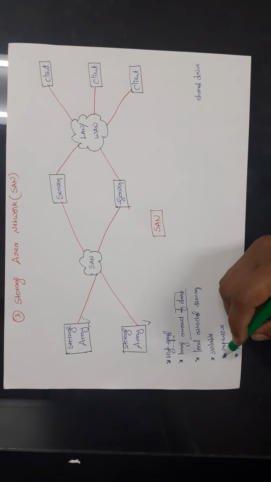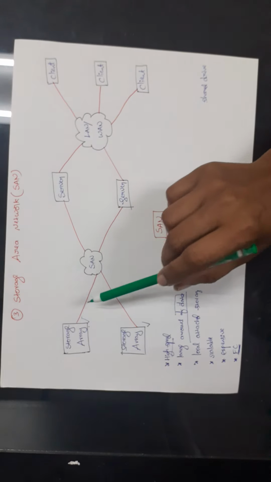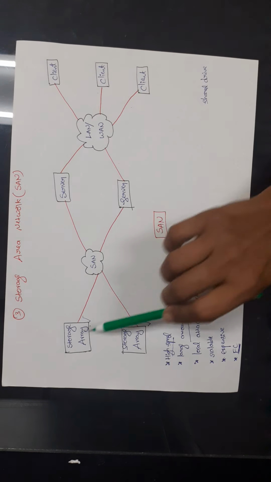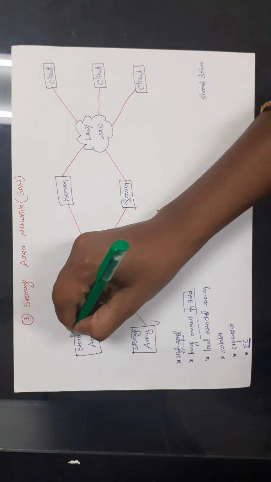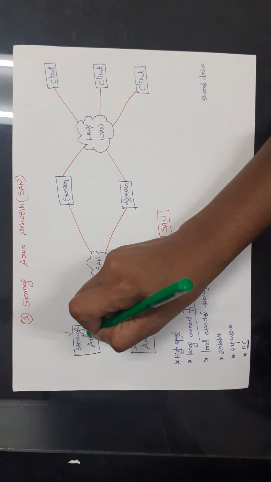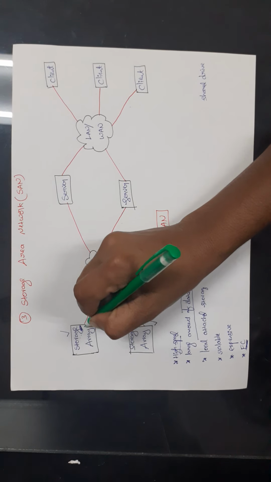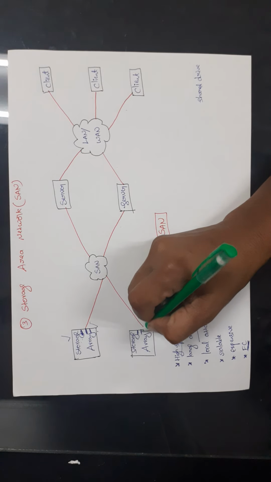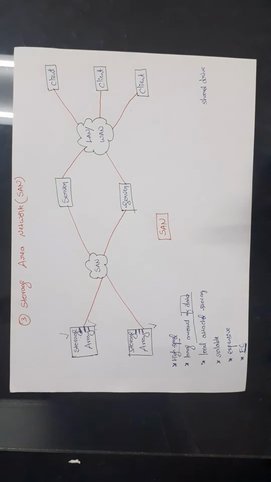Because here we use FC, that means fiber channels. In the storage area network we use fiber channels, so we can access the data at high speed. If you observe, in the storage area network we have storage arrays, that means actually here the data will be stored. Here we have the secondary storage device, that means the hard disk drives. In the storage arrays we have hard disks. Finally all the clients will store the data in the storage array.